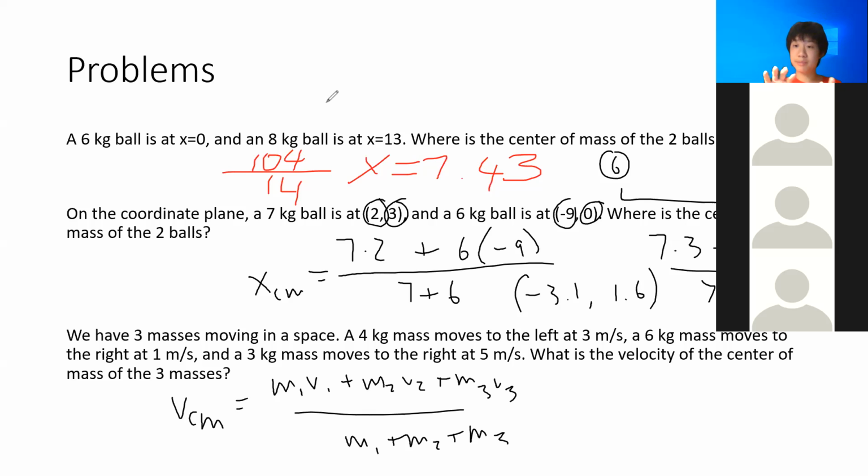Okay? But the problem with velocity is that if an object goes to the left, and we set that as positive, then the object going to the right must be negative. So velocity has direction, so we must pay attention to the signs. So let's first define where our positive and negative is going to be. Let's just have the positive direction as right, the negative direction as left. So what this is going to be is 4 times negative 3, because it's going left,